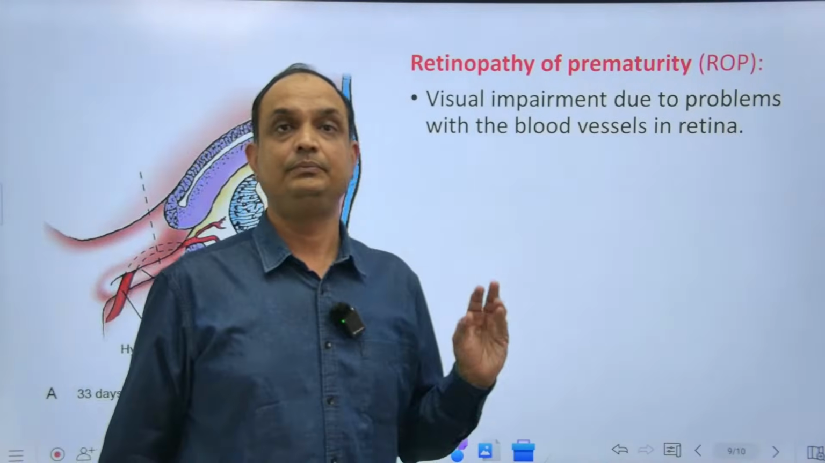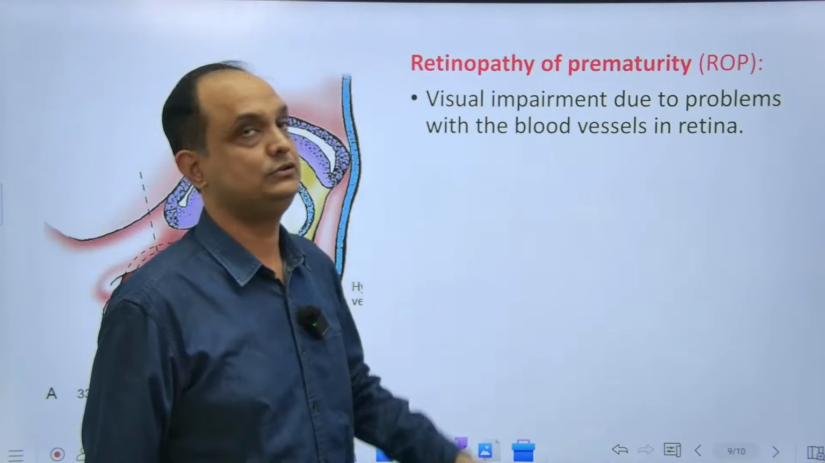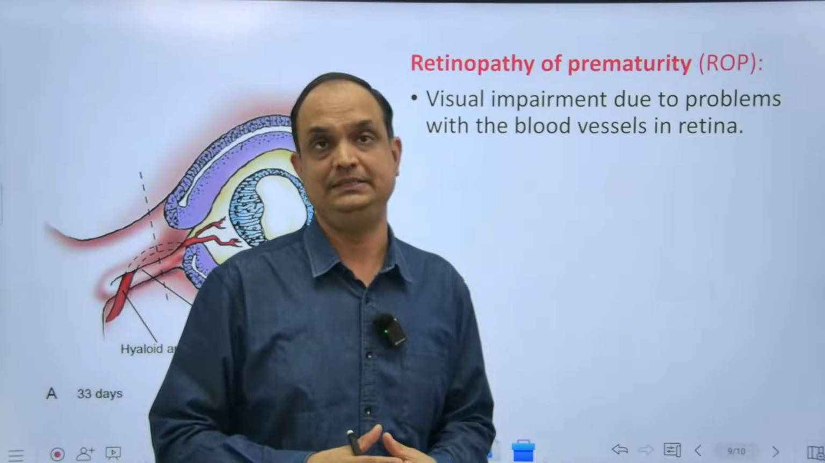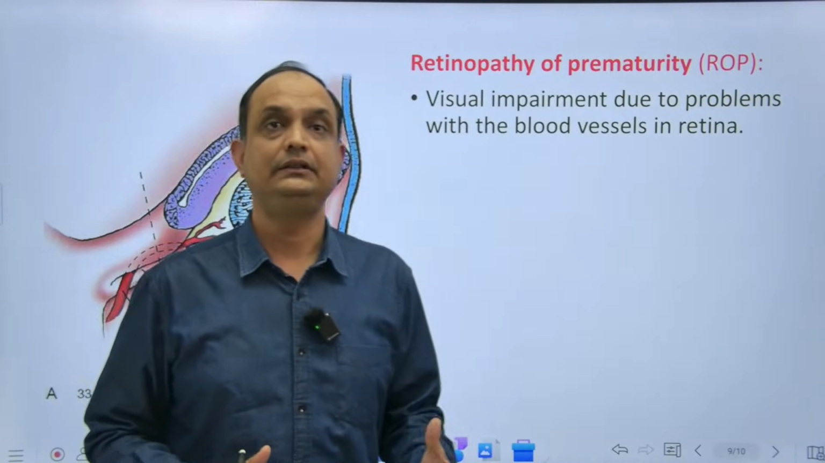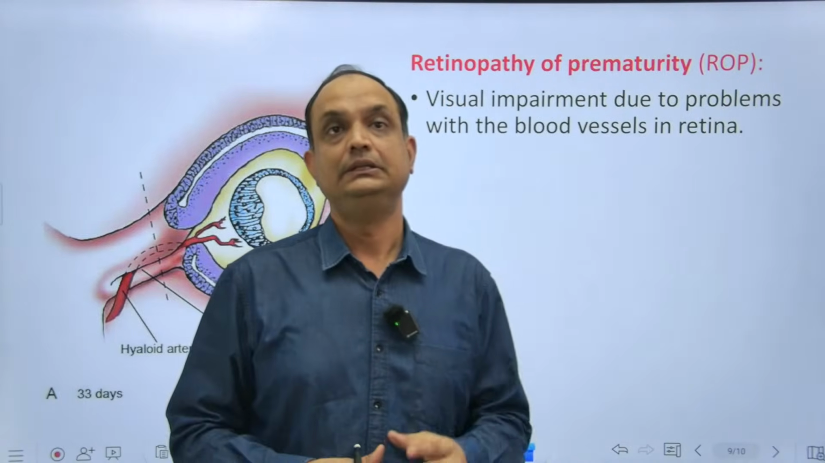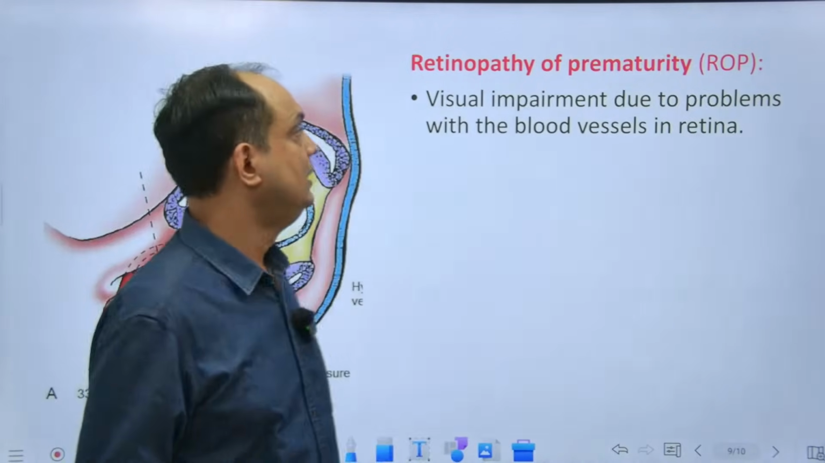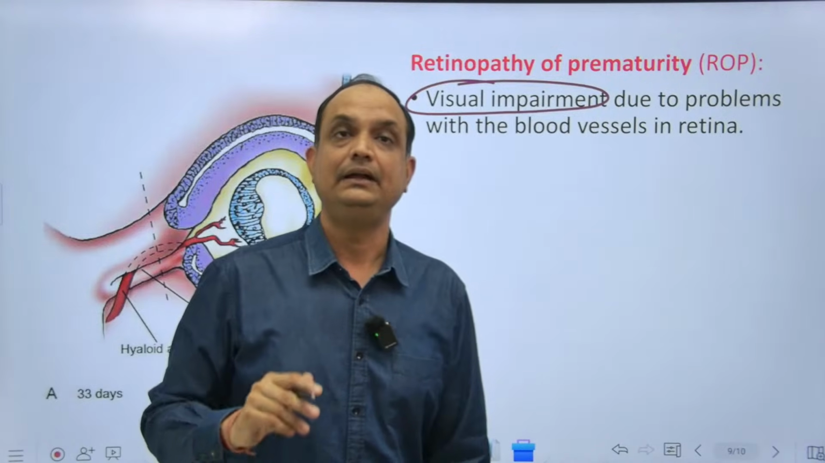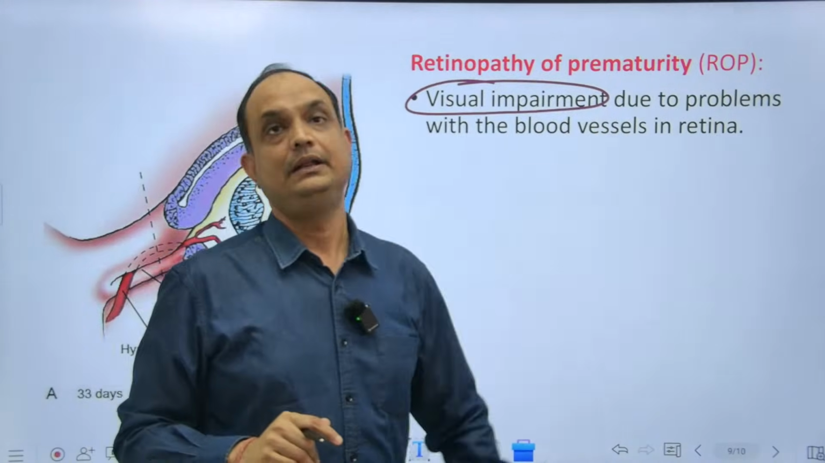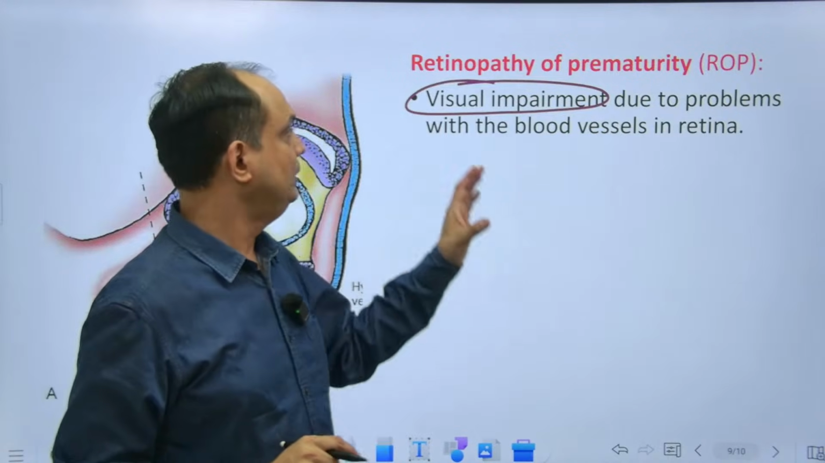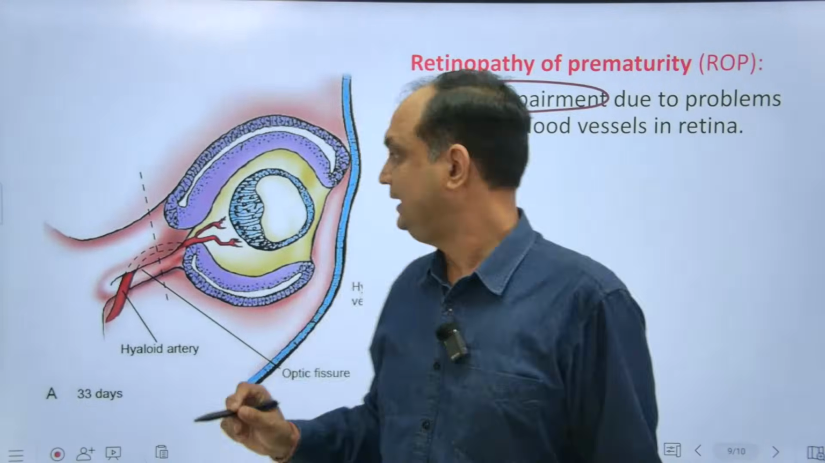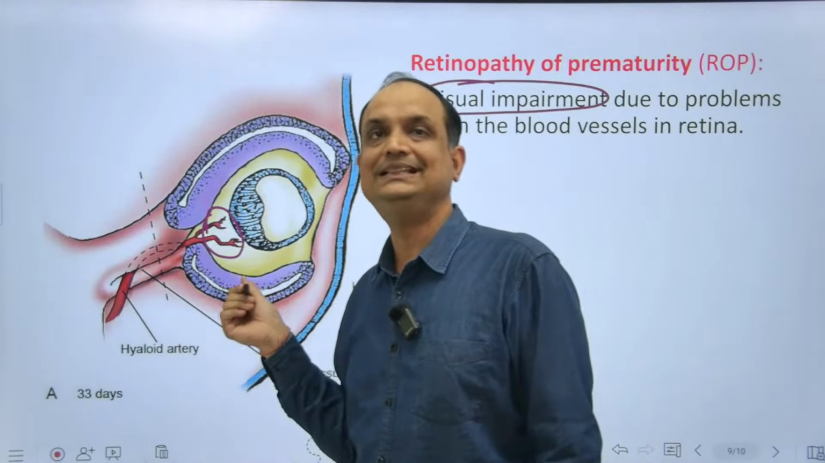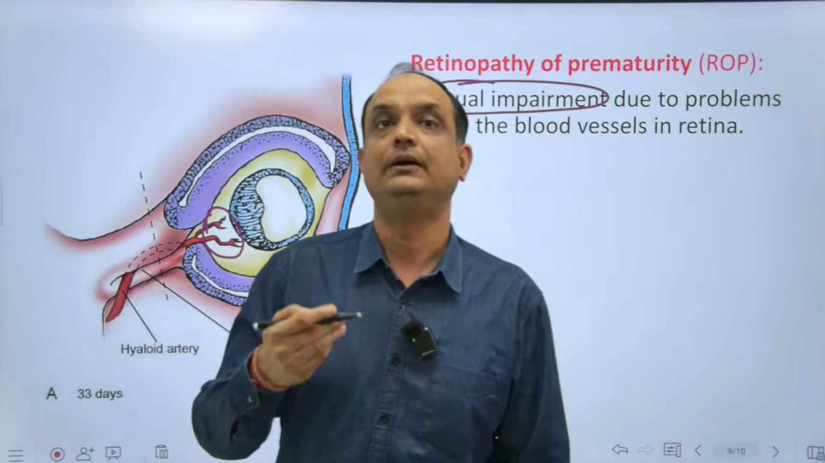The next question is based on retinopathy of prematurity, ROP. Now when we have premature babies, if the baby is born at the 28th or 26th week of intrauterine life, the baby's retina has visual impairment. This baby is born with visual impairment, and the reason is ROP, retinopathy of prematurity. Now in this condition, what happens is that the hyaloid artery which is present in the vitreous humor is still there. In case of the mature